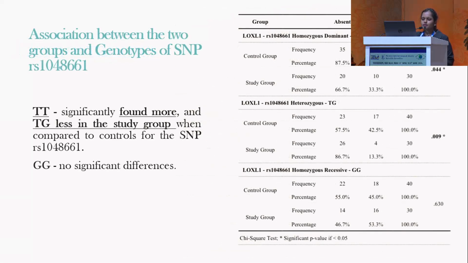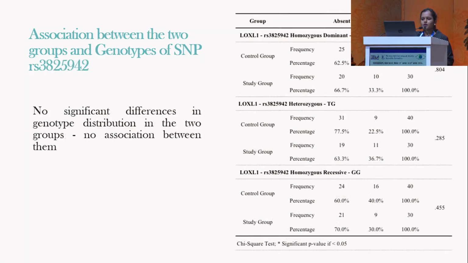So this slide depicts the association between the 2 groups and genotypes of the SNP RS10486661, which showed that the genotype TT was significantly more and the TG was less in the study group when compared to the controls, and GG had no significant differences. While comparing the association between the 2 groups and genotypes of the SNP RS3825942, there was no significant difference in